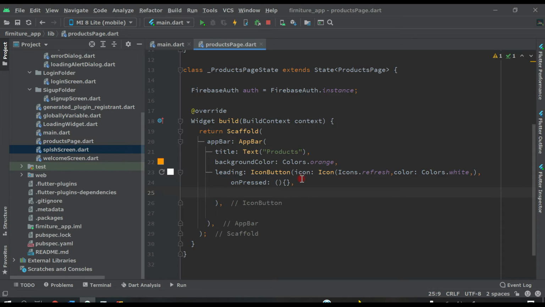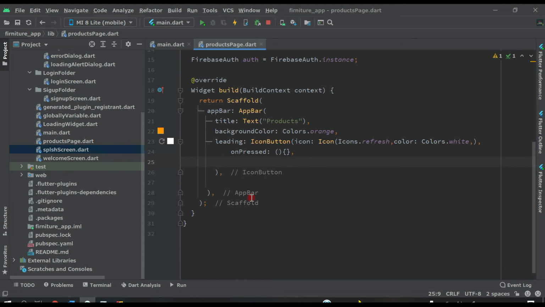Now we have added this refresh icon. After this we have to add two more icons. So after this icon button, let's create actions, and inside these actions let's add icon buttons.